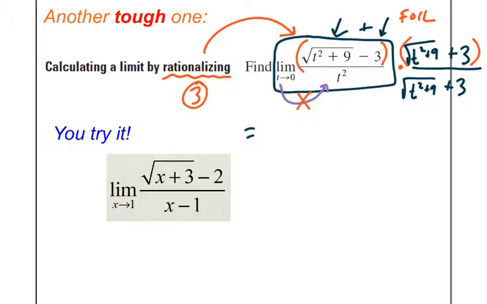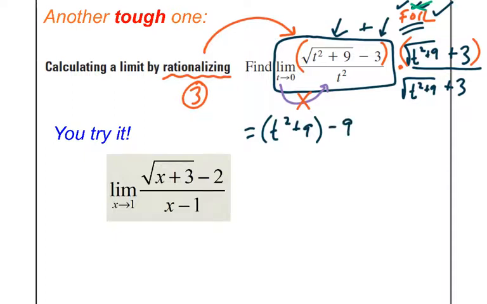On the top, I've got the square root of t squared plus 9 times itself. The root dies, and I'm left with t squared plus 9. Now, when I FOIL up here, I've got my first. When I do my outers and my inners, you're going to see that they both cancel each other out. You're going to have minus 3 times the root, and over here you're going to have plus 3 of the root. So they're going to cancel. So we don't actually have to do the outers or the inners. We're good to go. Let's just go right to the lasts, which would be negative 3 times a positive 3,